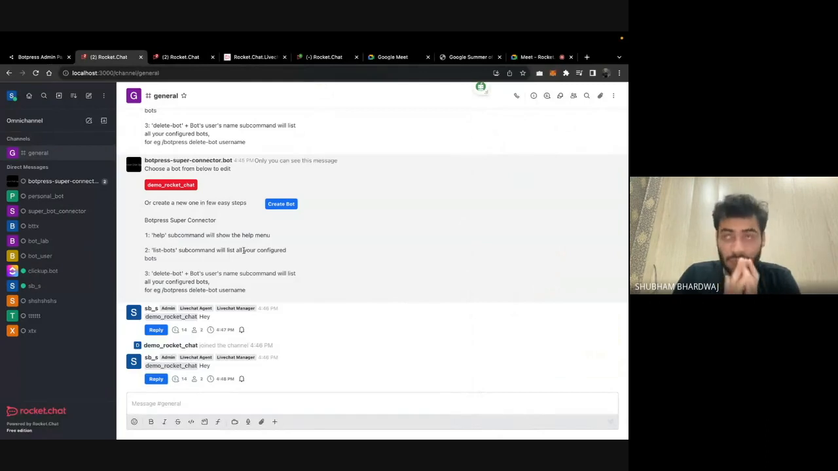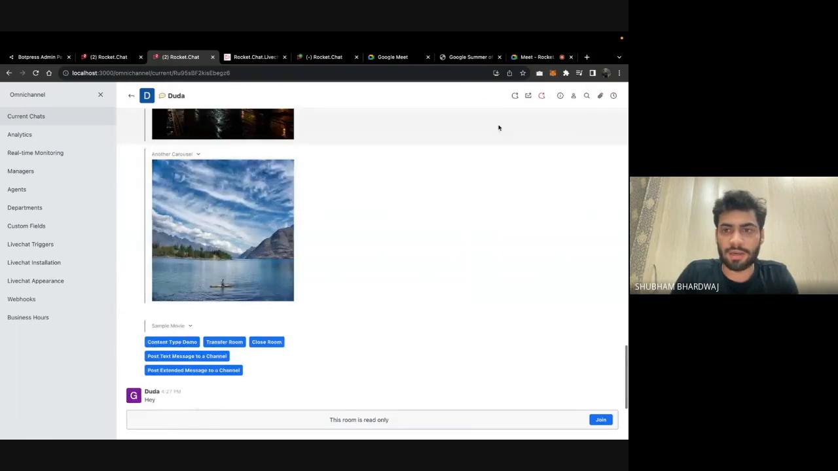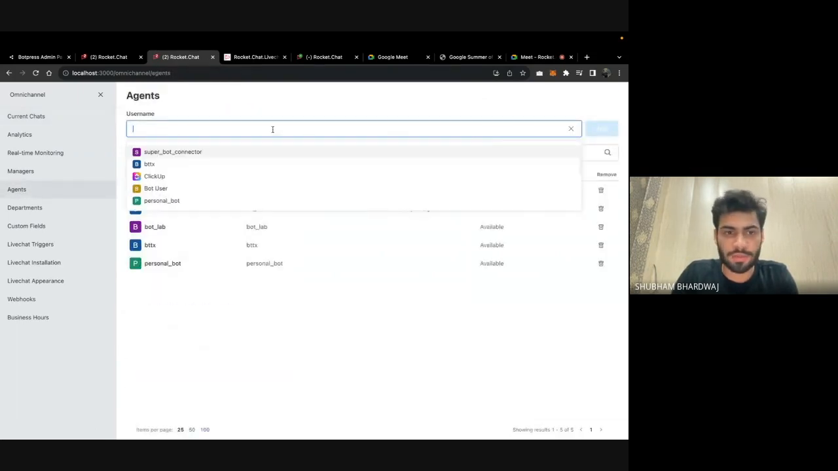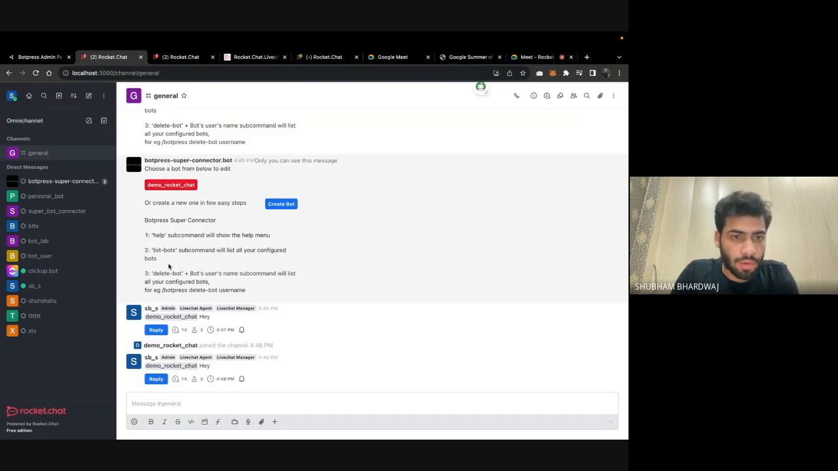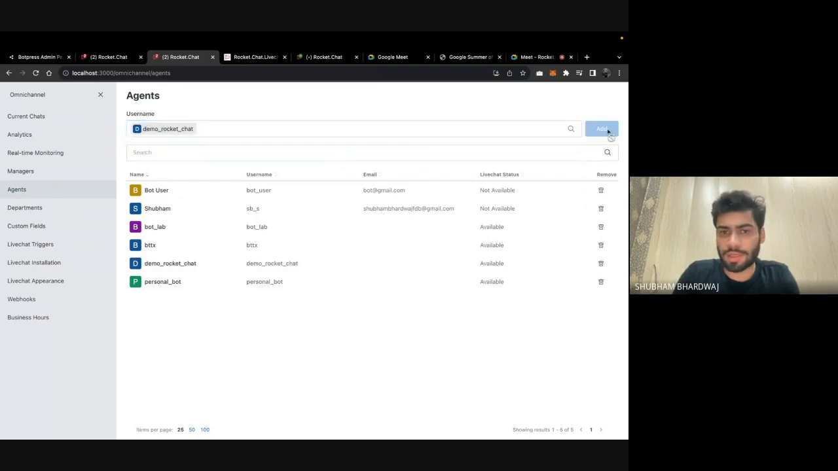One more thing which was lacking in the previous connector was this: let's say there are two different omnichannels, and we want two different users to chat with two different bots, which was not possible. I'll show you. Let's say this is one chat. I'll have to create an agent first for that bot. So if I just add this bot as an agent here,